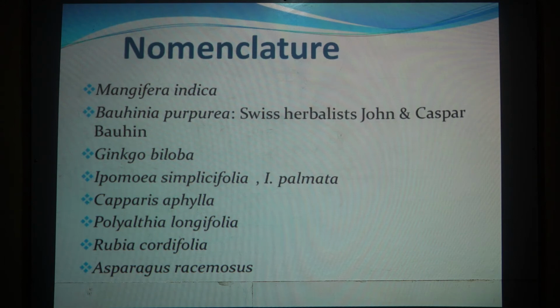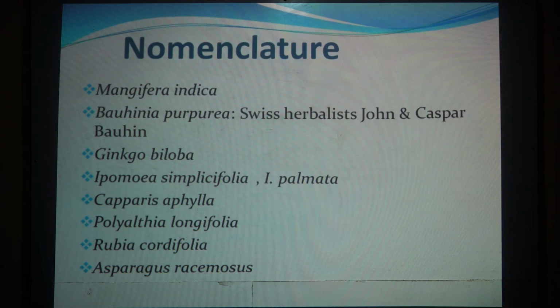So in many plants, morphological characters are used in botanical nomenclature so that it will be easy to identify the plants in nature. We can see there are several examples in the plant kingdom or taxonomy where leaf morphology is used to name the species or genus. Okay, so we can see some important examples like Ginkgo biloba. In Ginkgo the leaves are bilobed, hence the name of that species is Ginkgo biloba.